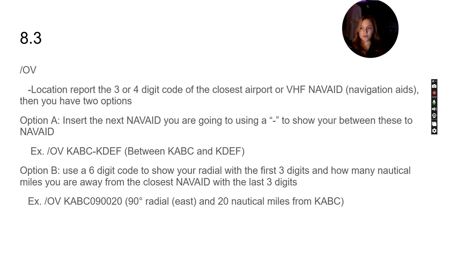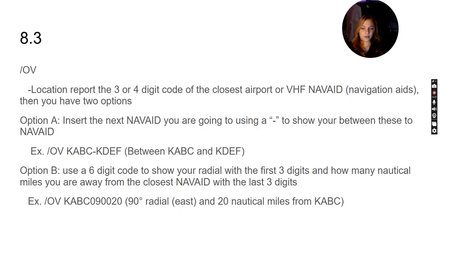Now we have the slash OV, and I figured out that there are two ways to show this. It's your location report, a 3 or 4 digit code of the closest airport or VHF NAVAID, navigation aid. You have two options. Option A, you can insert the navigation aids using a dash, so that you're between these two navigation points, point A and point B, and you're in the middle. Or you can use a 6 digit code to show your radial